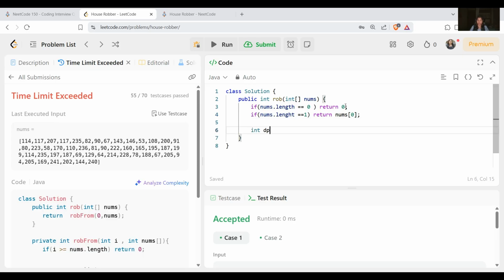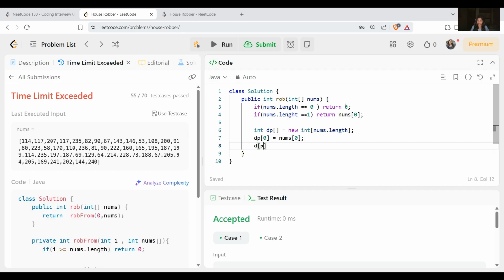Otherwise, we make an array dp, equal to new int with the same size as nums.length. Now dp[0] will be nums[0], and dp[1] will be the maximum of the zeroth index or the first index, because we can rob only alternate houses.